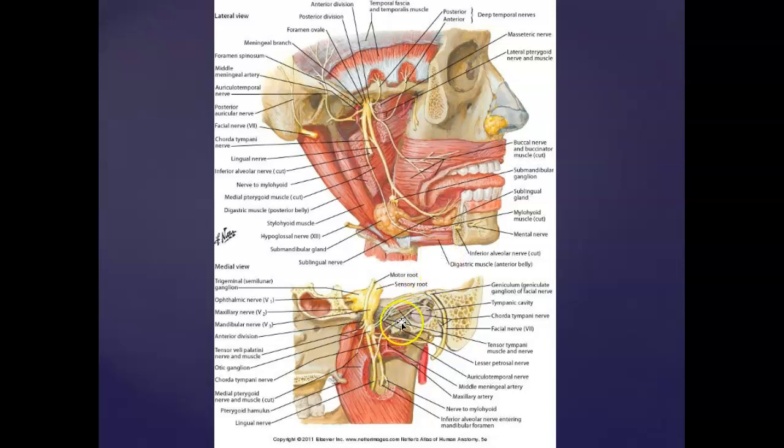The chorda tympani is going to exit right here into the petrotympanic fissure on the back side of the mandibular fossa. And as it joins with the lingual nerve here, coming down to provide sensation to the anterior two-thirds of the tongue, it's actually what allows the facial nerve to be a mixed nerve, both motor and sensory. Remember the facial nerve giving all those branches coming out from underneath that parotid gland, giving those branches coming down this way towards the temporal, down to the cervical regions,